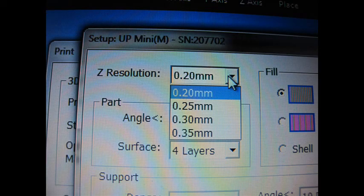Now, it's important to note, if you're going to be playing with all sorts of settings, you need to have the Z resolution set as fine as humanly possible. This overrides everything. So if we've got it at 35mm blobs being printed, and you want to print a very thin membrane wall or area, generally this is going to override it and print it out thicker, ignoring your other